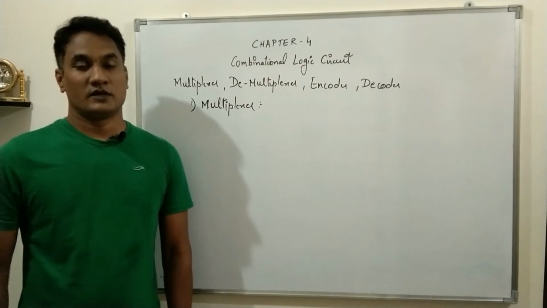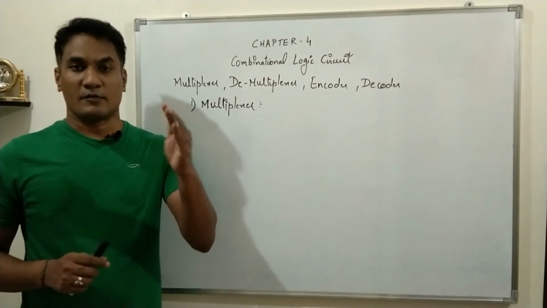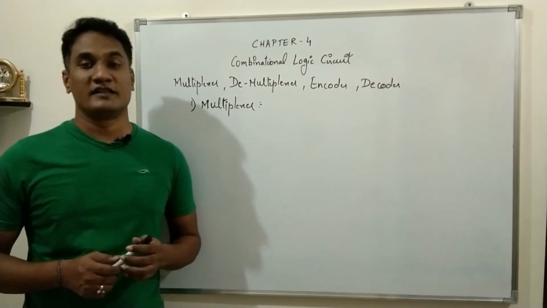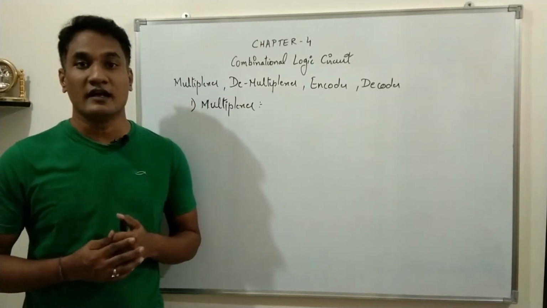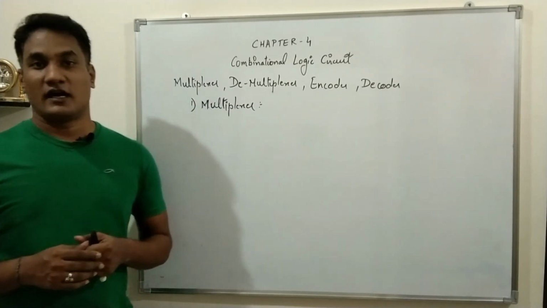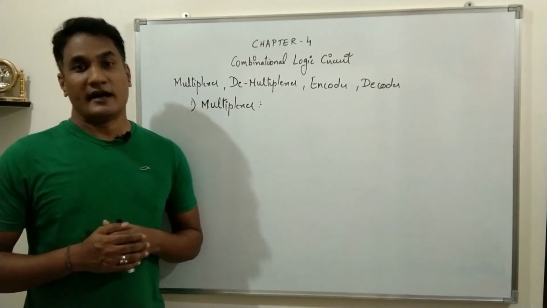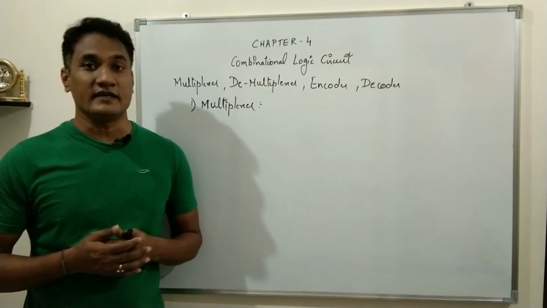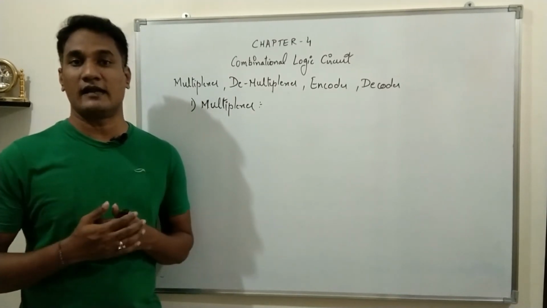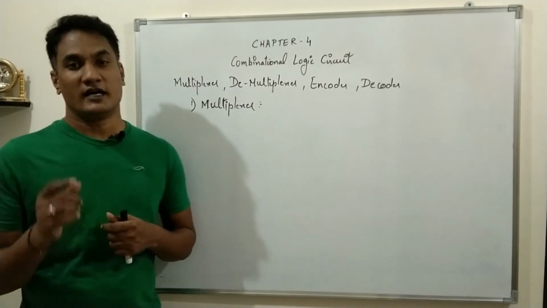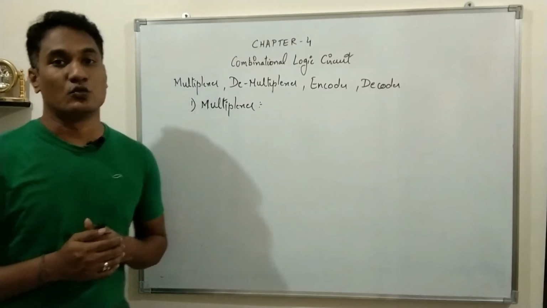In the last, what we have seen is there are a number of multiplexers available in the market. The most popular multiplexers which we generally use are 4:1 and 8:1, out of which in our course we have only the 4:1 multiplexer, but for your practice you can also design 8:1. How to design, I'll tell you now. So I'll explain how to design a 4:1 multiplexer, and you try to design the 8:1 multiplexer by yourself.